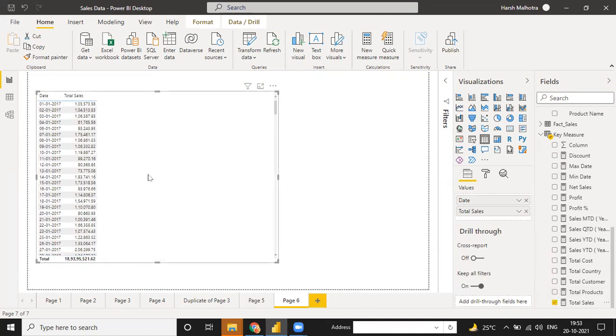And see, YTD balance gives you the cumulative of year-wise data. Suppose you want to use cumulative till the end of the year. End of the year means from the first day of your data till the last day of the data, only till the last day. So how to calculate? You can go to this new measure.